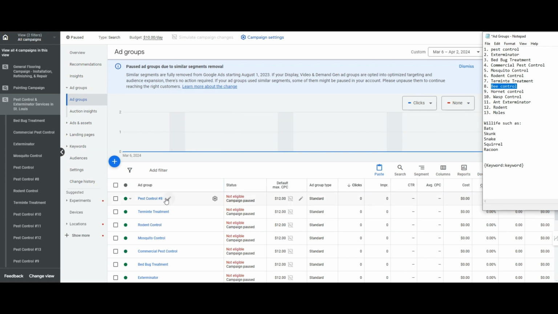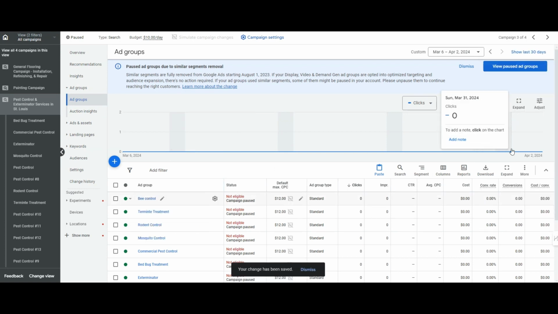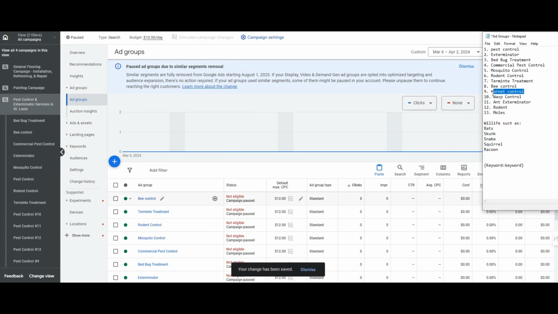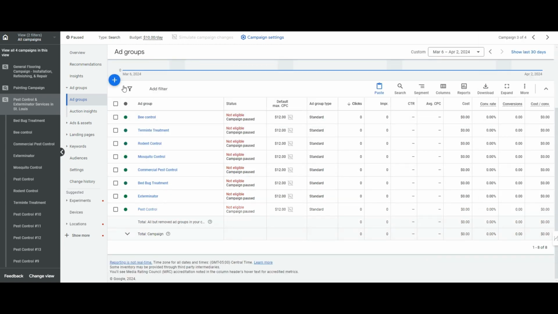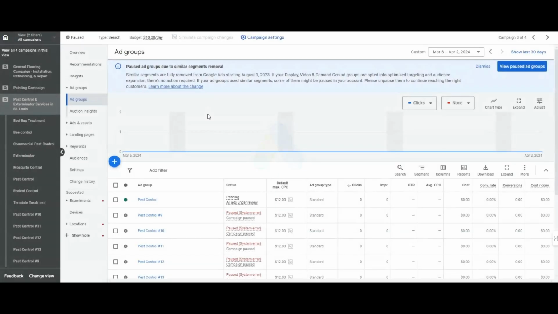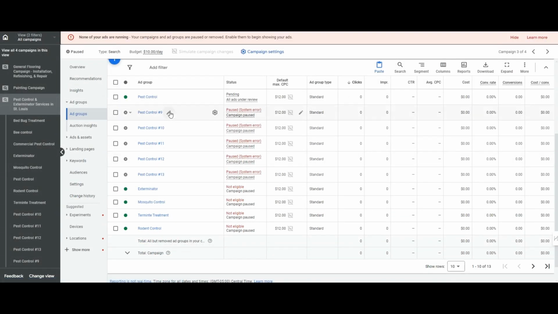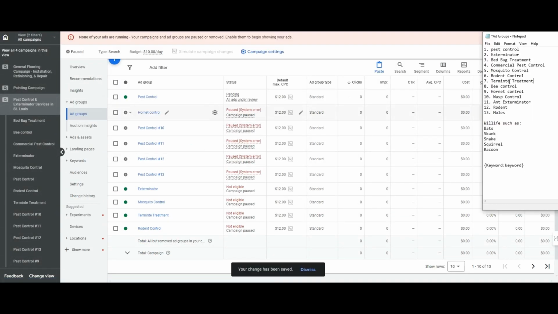bee control, and hornets are next once the new ad groups paste. So we're going to go ahead and refresh that. And it looks like the new one's pasted, so we're going to go ahead and do hornet, wasp,